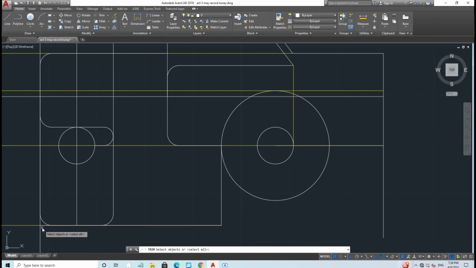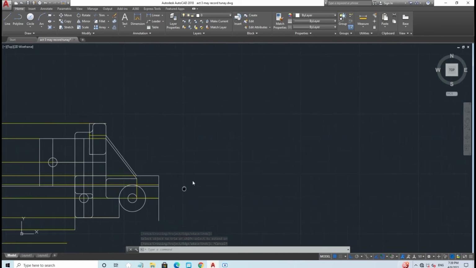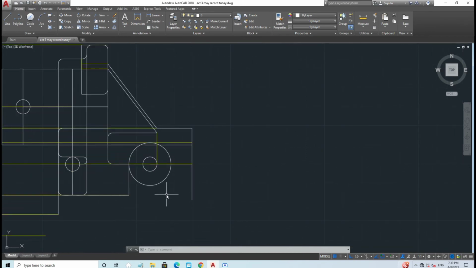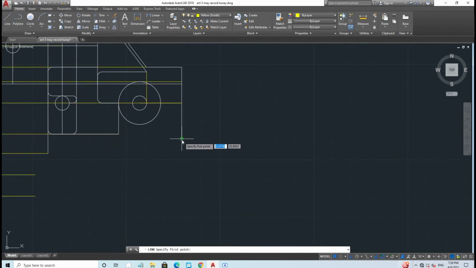Trim the unnecessary parts. We have to create another guideline in this part,